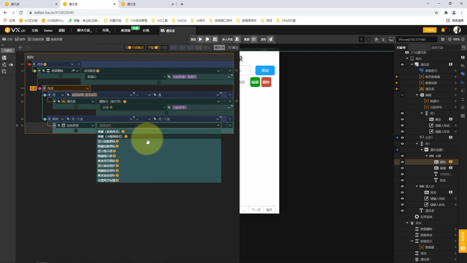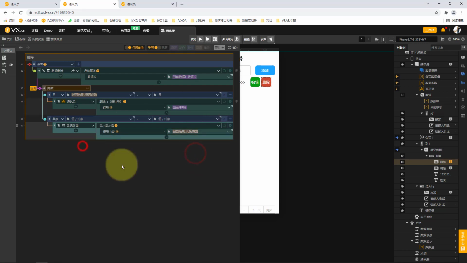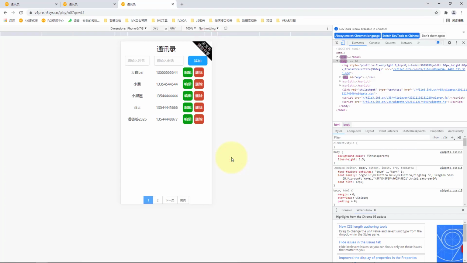Of course, there are many places for this application to be optimized, and I can give you a little hint. For example, when I click delete here, the value does disappear, but can I have a way to fill in a value here? If I delete everything here, I can't see anything after deleting all of it. Originally it had pagination. Can you move the content of the second page to this page for display? This is also possible. So what kind of effect should we finish in the end? We can make up for it in this